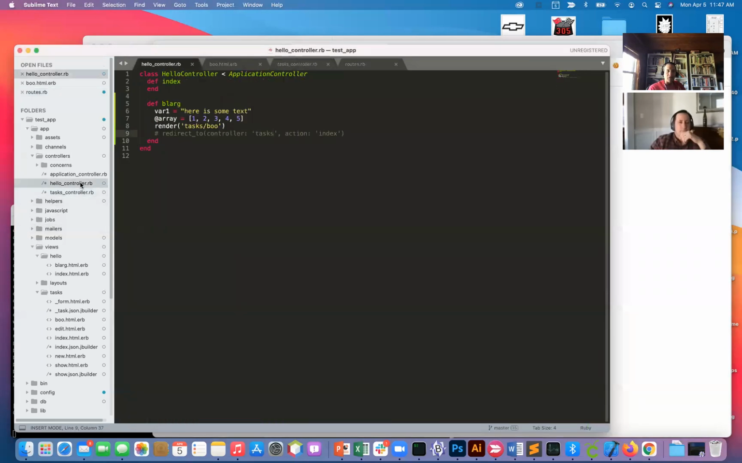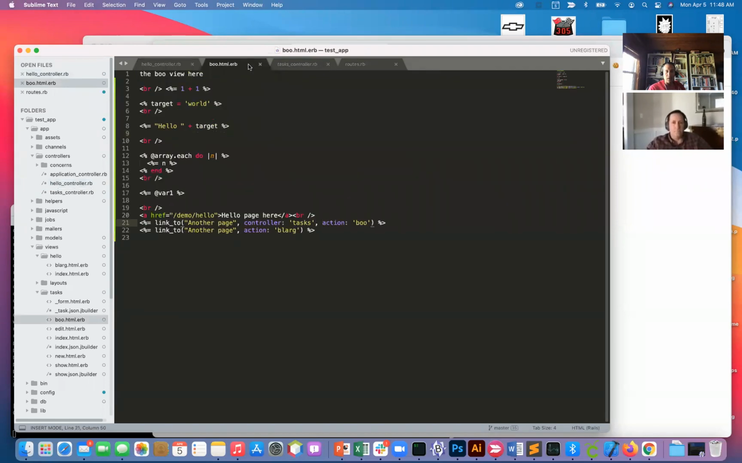We need, let's try hello controller index maybe. I think we can't do blarg because I think we get caught in a redirect loop. Yeah, we get sucked into the vortex. We can do it just to see it. I think it'll error out. It's not like it's going to keep spinning its wheels. But let's go to